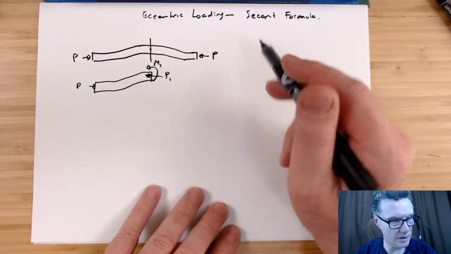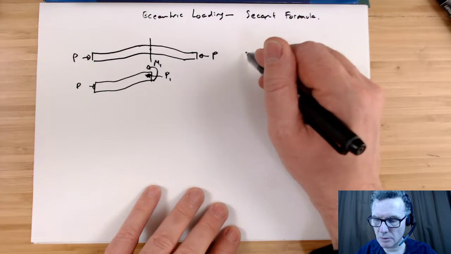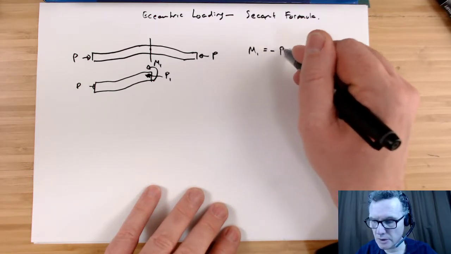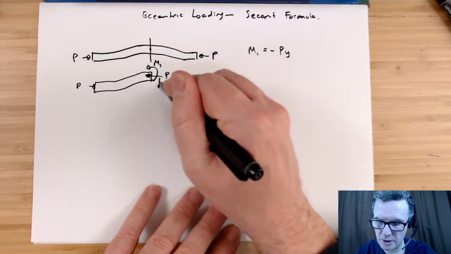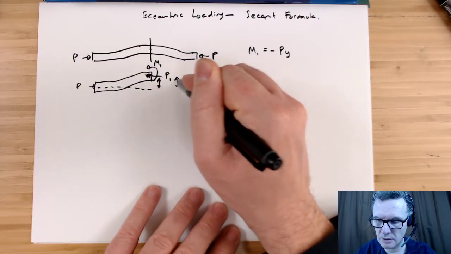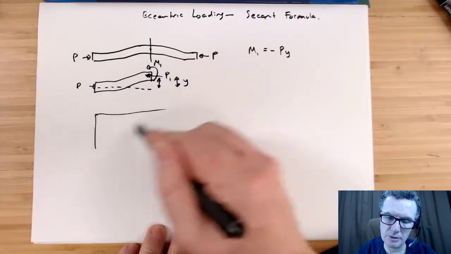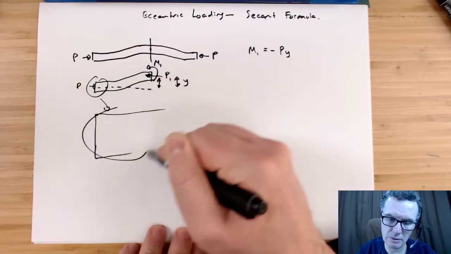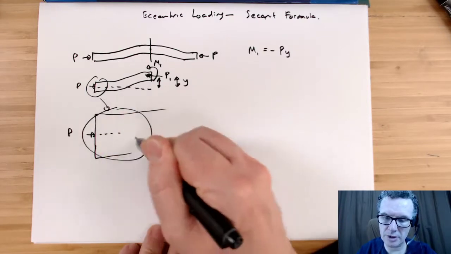And then we ended up with that the internal M is minus Py, where this distance here to here is y. P is being applied. We zoom in here. P is being applied at the neutral axis,